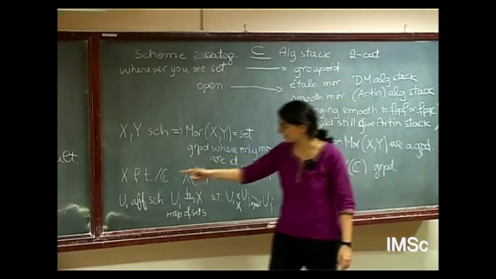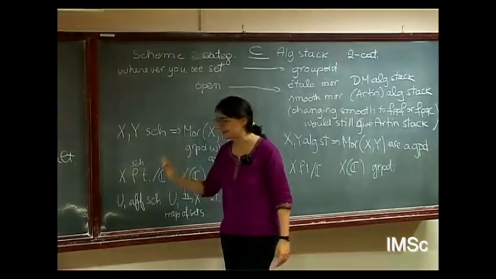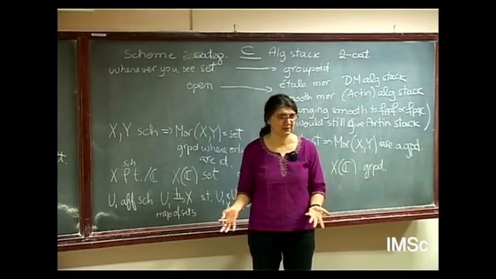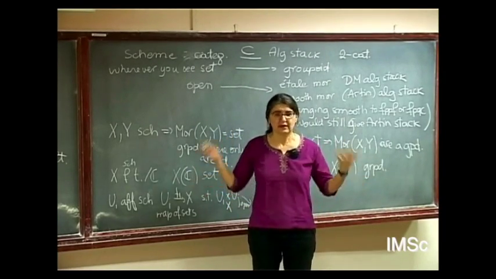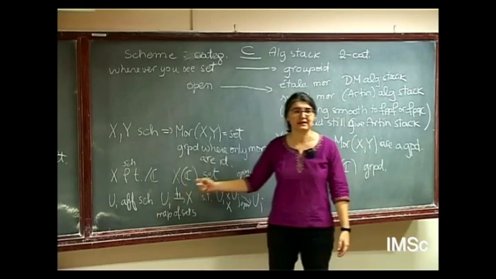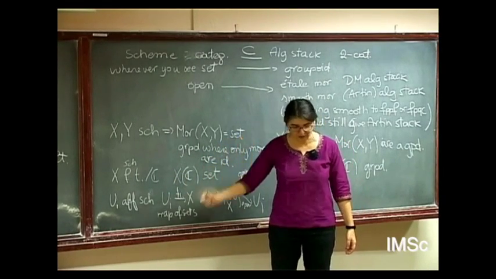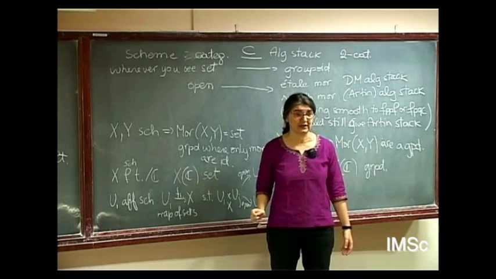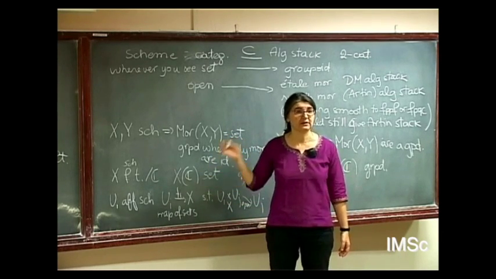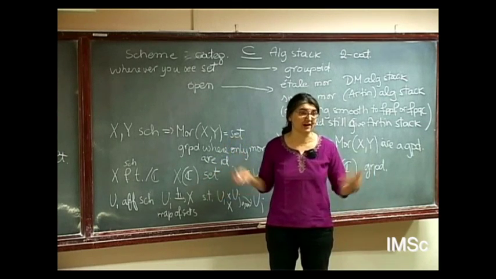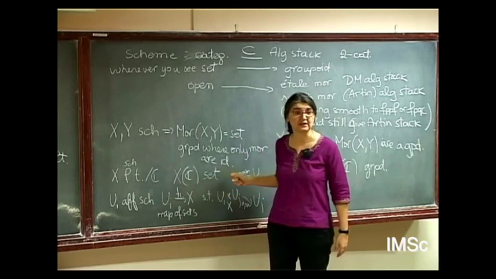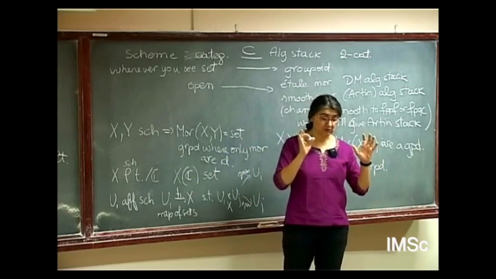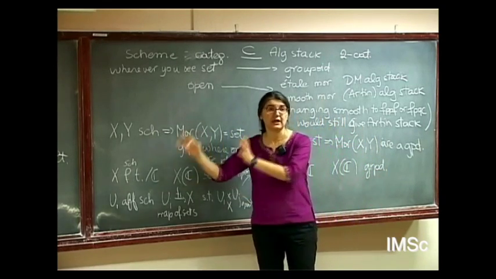What I said, if X is a scheme of finite type over C, what I'm trying to do is find a way to describe it. There are several ways. One possible way, which I don't know why is rarely written in algebraic geometry books, is that you can describe it the way you do manifolds with charts. Usually when you define manifolds, you have a set, you put a topology, and then you put charts.